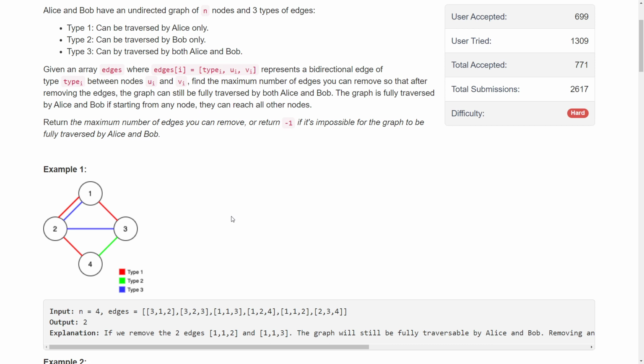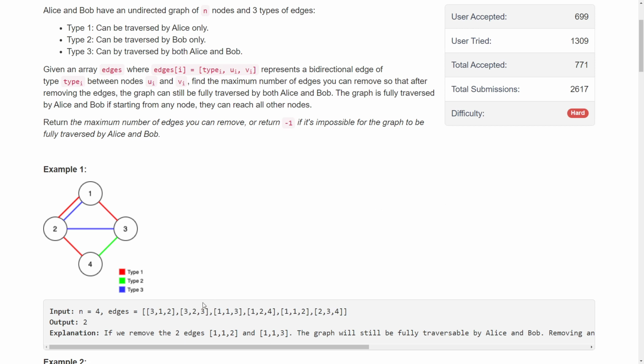Suppose you start building edges, so you start connecting the components. Suppose you are looking at 3 1 2. While finding redundancy, we will make 2 kinds of components. One component will be for Alice and one will be for Bob.